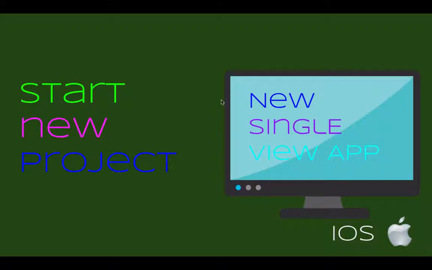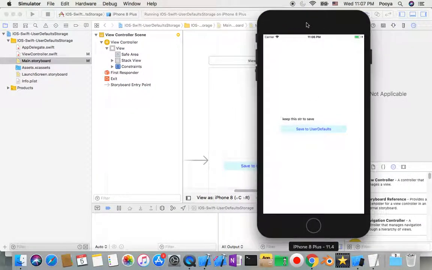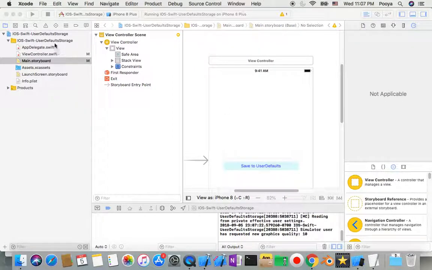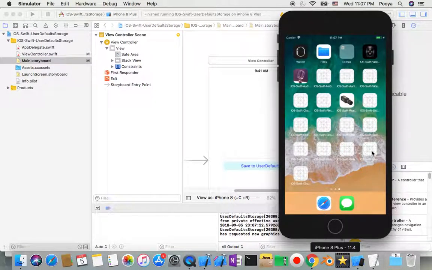And yeah, we're going to start our new project. But before that, I'll show you the output. It will be something like this: you will have one text field and one save button. I'm going to add one load button as well. So when you type something here, for example, keep this string to save there, and when I save it, if I stop my app and reopen it,